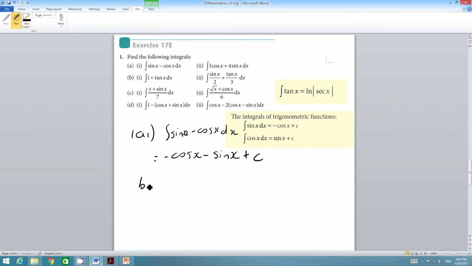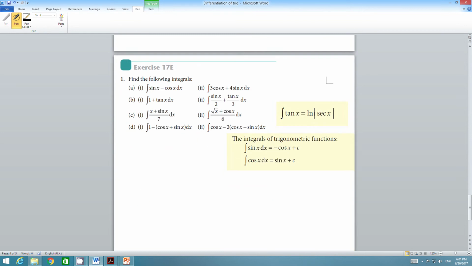Let's take a look here at B, part 1. The integral of 1 plus tangent of x dx. So the integral of 1, we all know, is equal to x. And the integral of tangent of x becomes natural log, absolute value, secant of x, absolute value, plus c, the constant. Let's take a look at something a little bit more interesting. Let's go and try